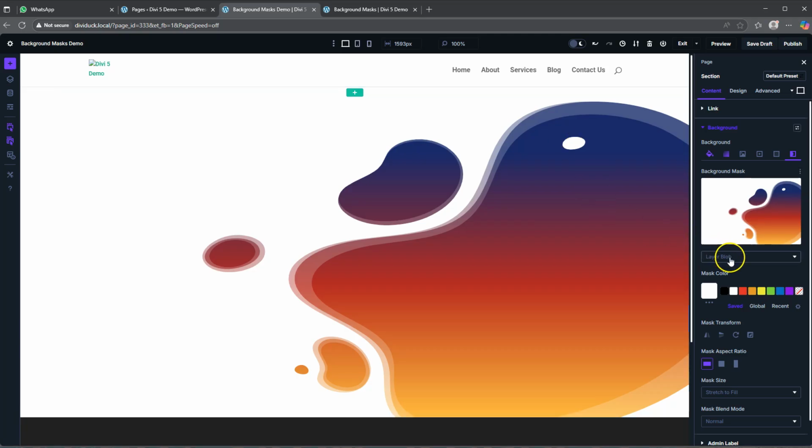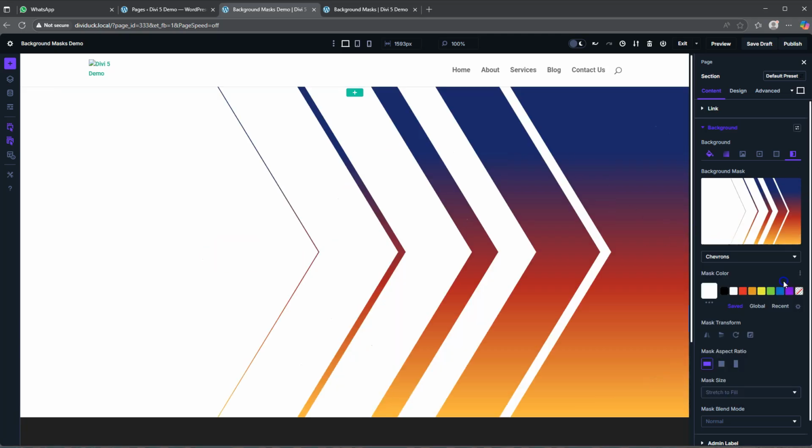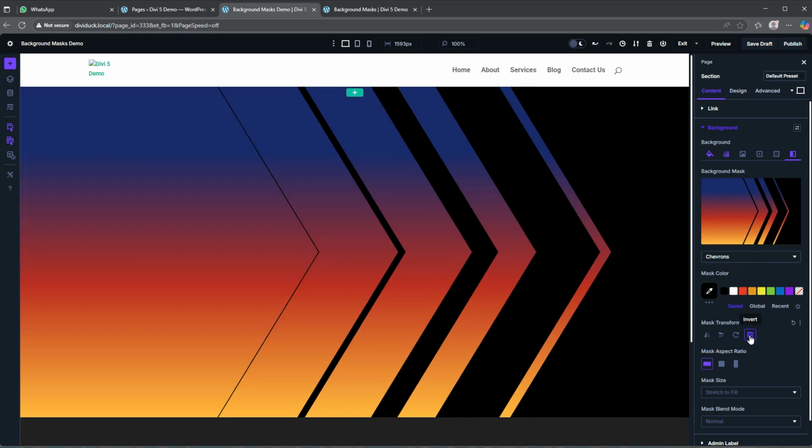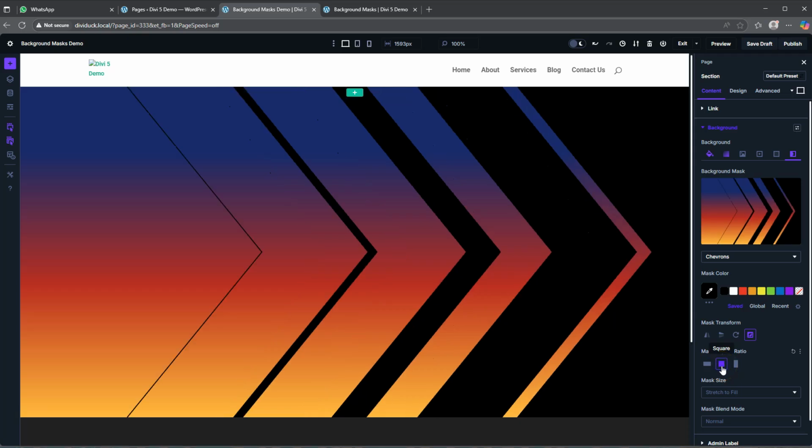But for this tutorial, we want to use the chevrons. So just click on the chevrons. We want to make sure the mask color is black, and we want to invert it. For the aspect ratio, let's make it a square. Okay, so once all of that is done,